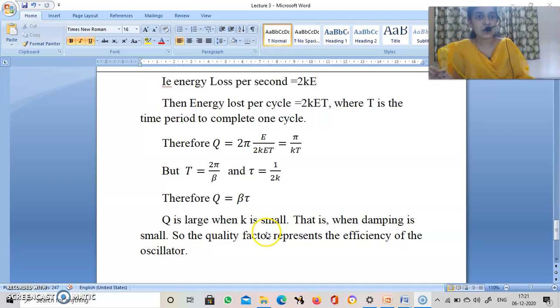So this is all about the quality factor. It's a factor that represents the efficiency of the oscillator, and if the quality factor is high, the oscillations will die out very slowly. Okay. So this is all about quality factor, relaxation time, and the comparison between the overdamped, underdamped and critically damped cases. So we will continue in the